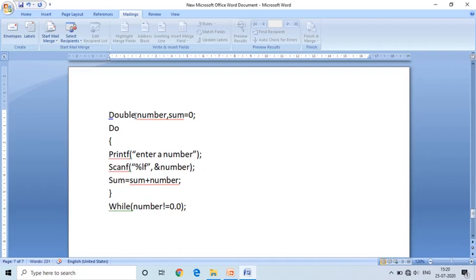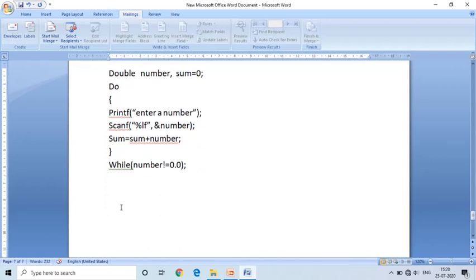We declared these two variables, number and sum. After executing the declaration, the compiler will read this do while loop.